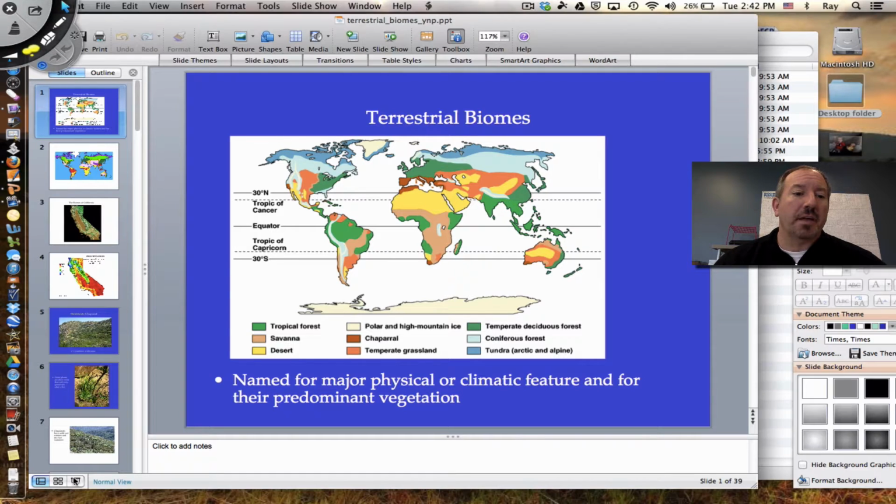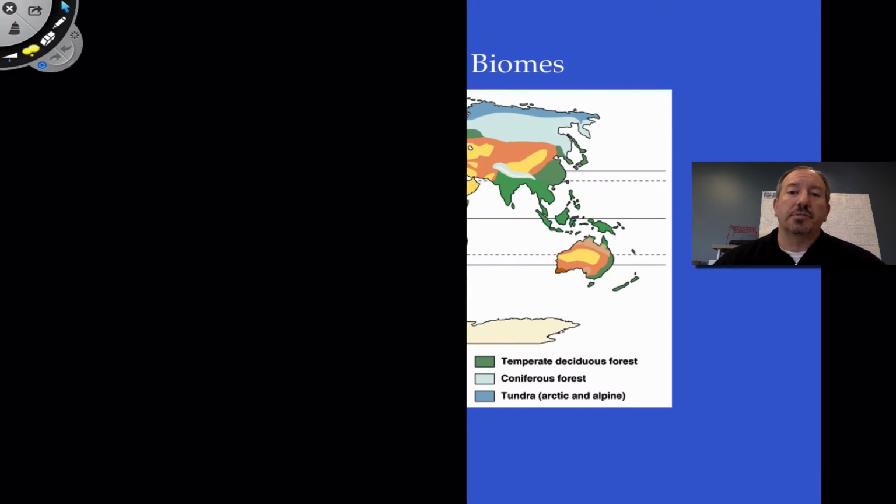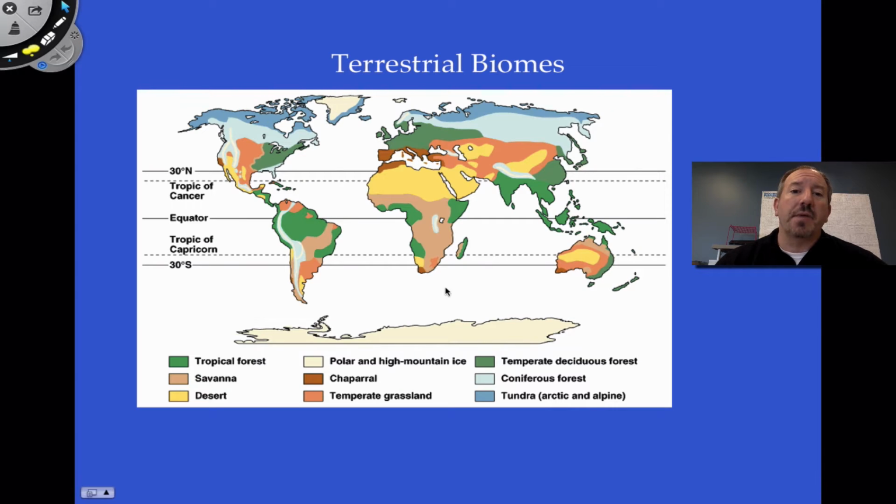What I want to say right out of the gate about terrestrial biomes is that when you look at a map like this of the land, the continents of the Earth, what strikes my attention is that the land is really diverse. Check this out. It's really like a mosaic of different pieces together, and each of these different colors represents these large biomes. Like for example, the tropical rainforest shown here in this green color.